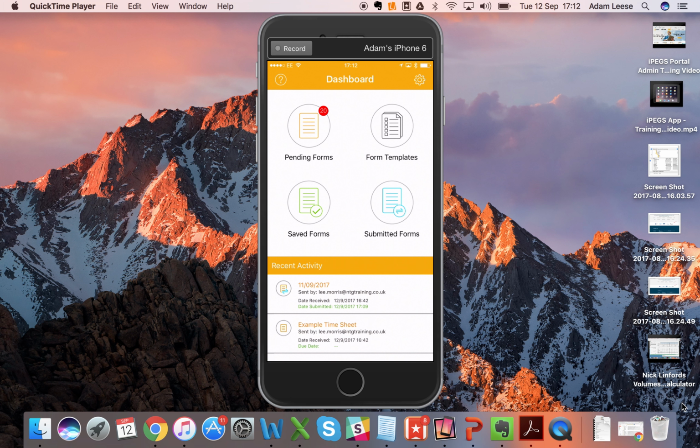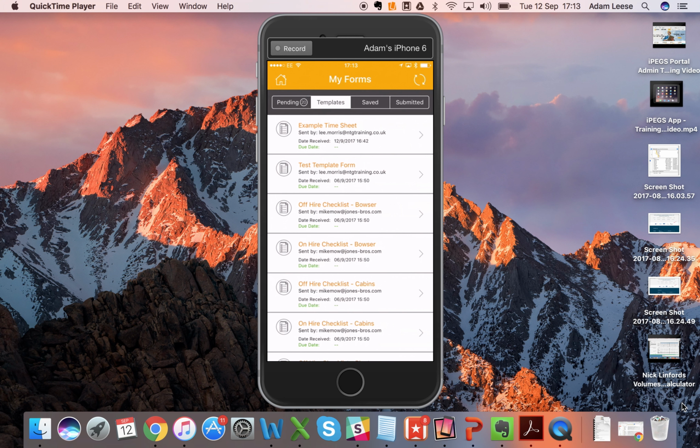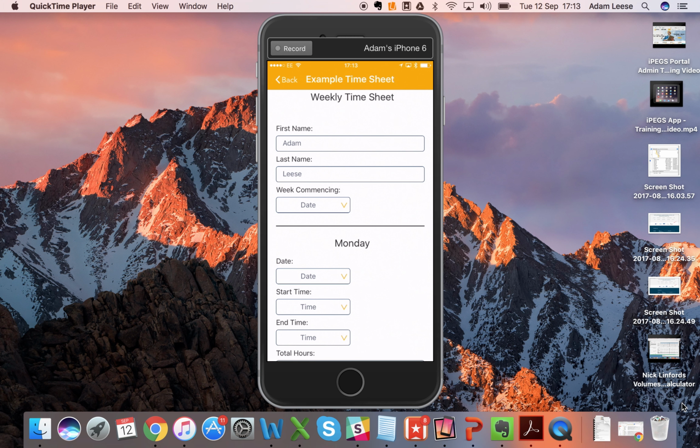So it could be a pending form, which is a one-off form, or a form template. In this case, it's going to be a form template. It's a timesheet. They're going to want to access this weekly and complete it every week. It auto populates my first name and last name because that's already part of my user profile, and then I